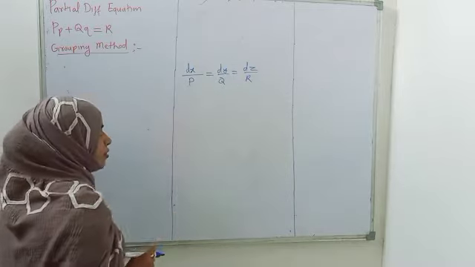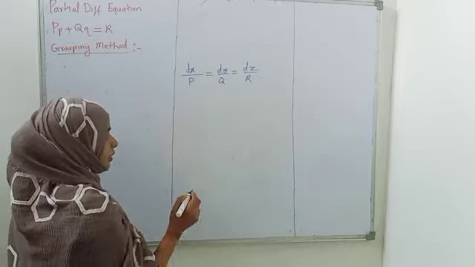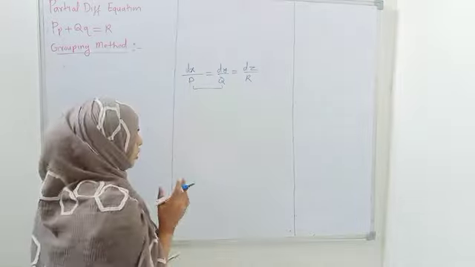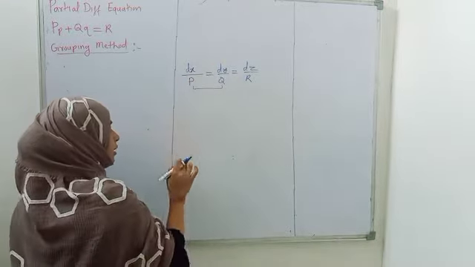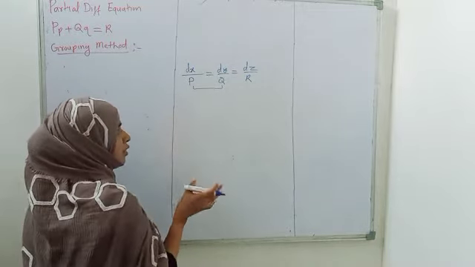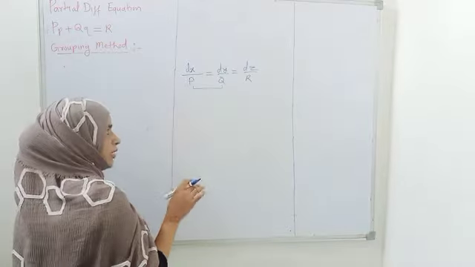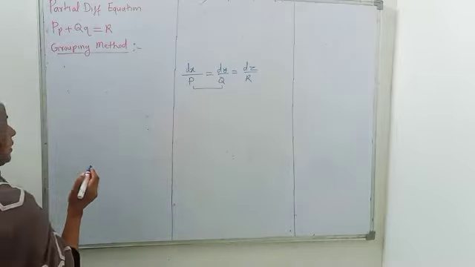If I want to explain the grouping method, I will take the first two ratios. These two ratios should have only x and y variables. When I consider dx upon P equal to dy by Q, there is no dz or z term. If there is a z term, that will be cancelled. So we can conclude the grouping method as